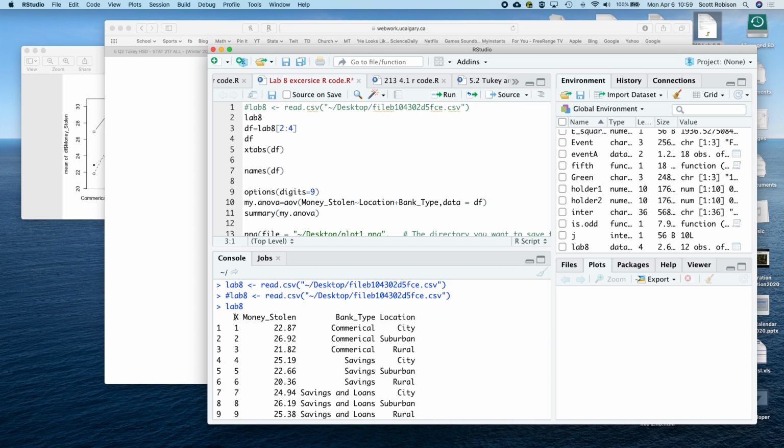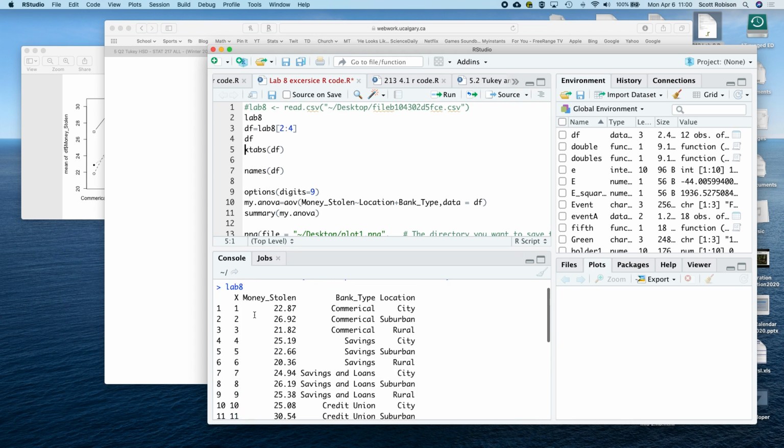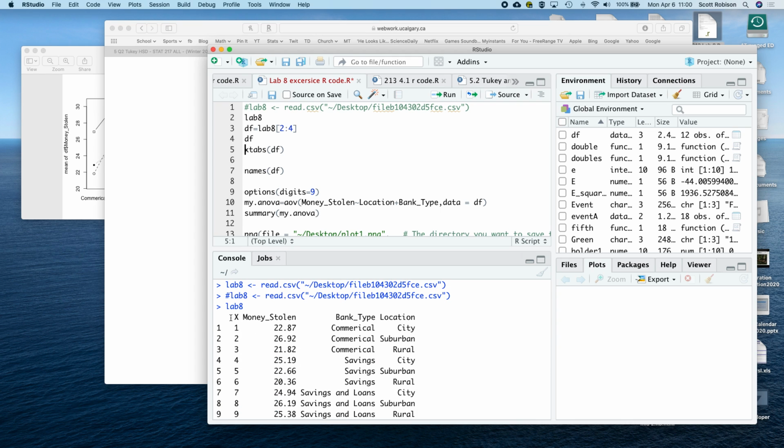However, my first column, the column called X, is not a useful column for me. So I am going to extract just the columns 2, 3, and 4. I'm going to extract columns 2 through 4 and make that a new data frame. When I look at that data frame, I now no longer have this leading column of 1,